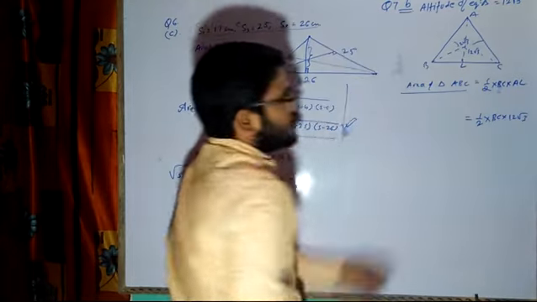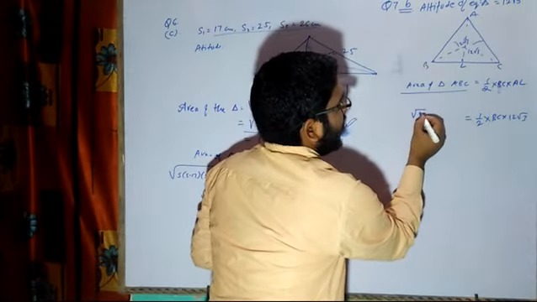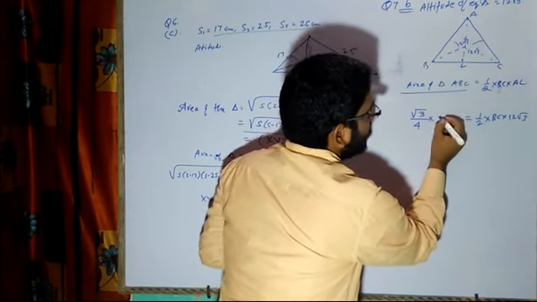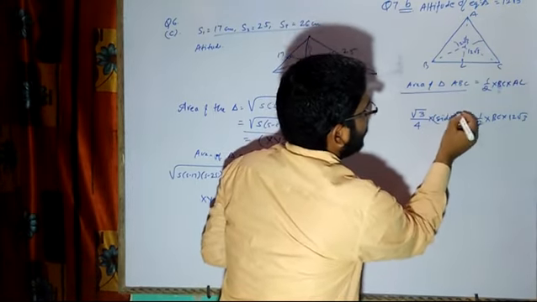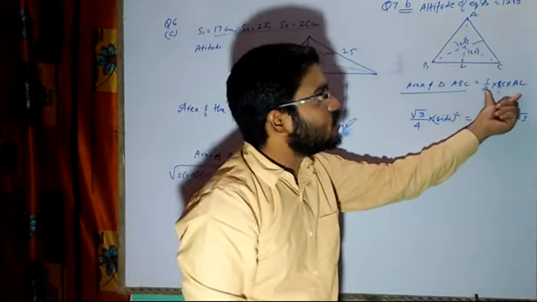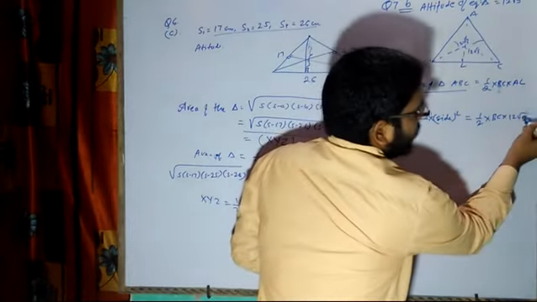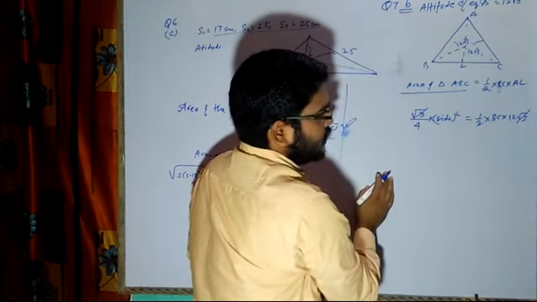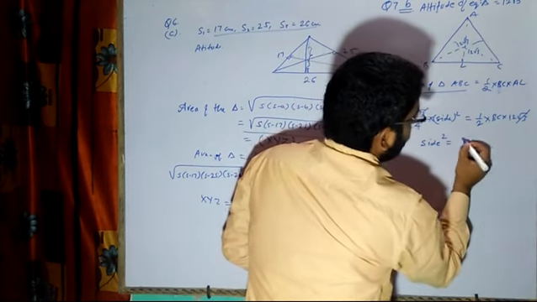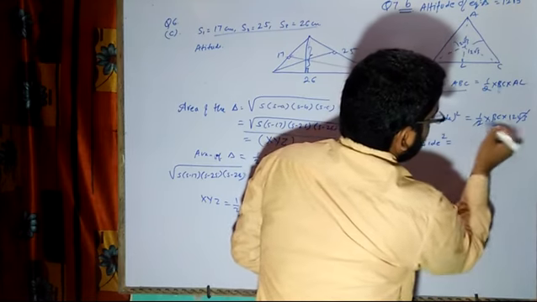root 3. Now since we know the formula for an equilateral triangle, I can write the area of triangle ABC is equal to root 3 upon 4 into side square. No problem, this area formula we know. On this side we have used the half into base into altitude formula. Now you see here root 3 is cancelled. Here we have side square is equal to half into 12 into, or 2 sixes are 12, we can also write